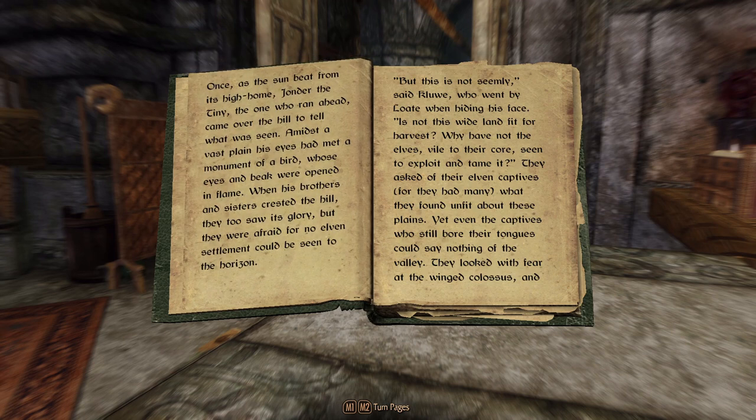Once, as the sun beat from its high home, Jonder the Tiny, the one who ran ahead, came over the hill to tell what was seen. Amidst a vast plain, his eyes had met a monument of a bird, whose eyes and beak were opened in flame. When his brothers and sisters crested the hill, they too saw its glory, but they were afraid, for no elven settlement could be seen to the horizon. But this is not seemly, said Cluet, who went by Loat